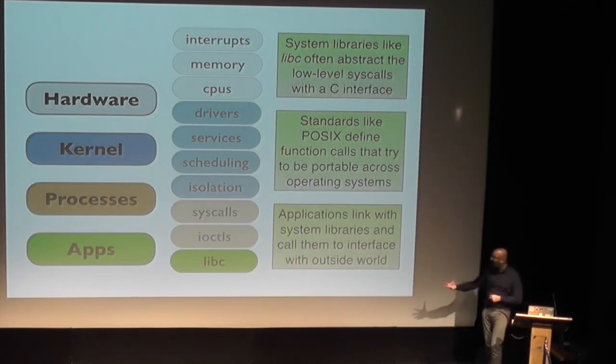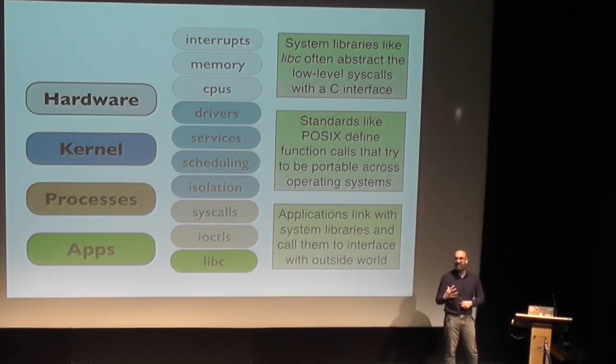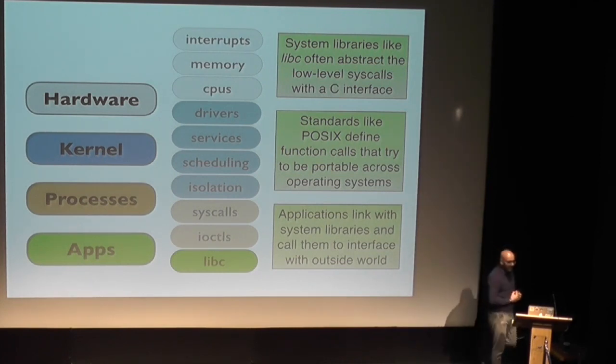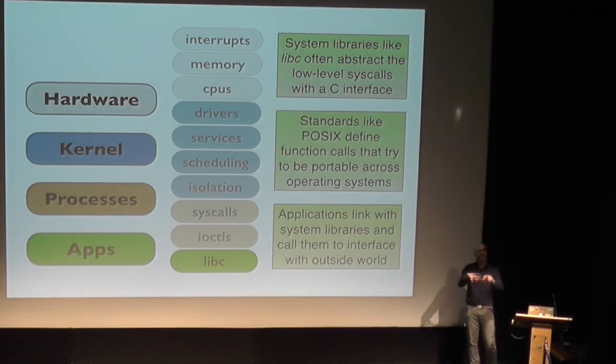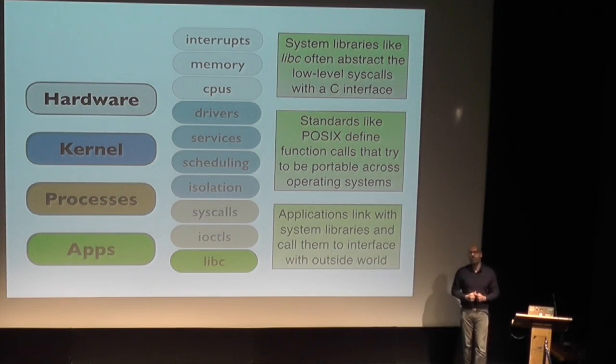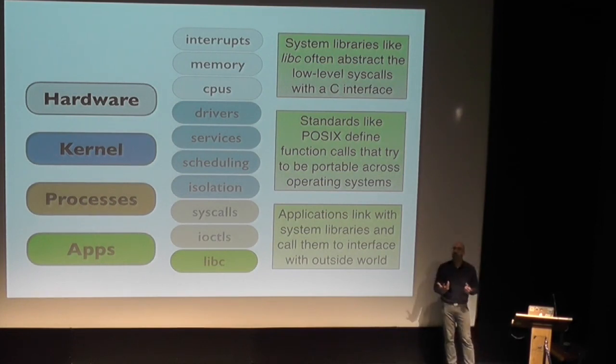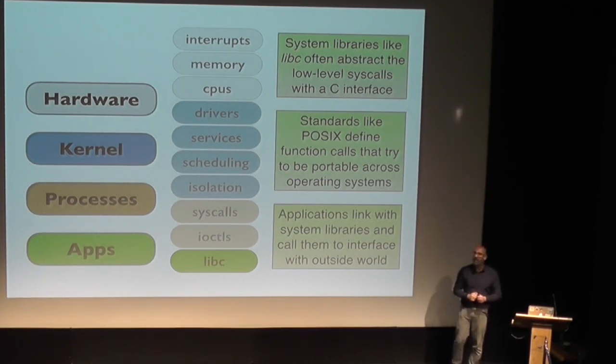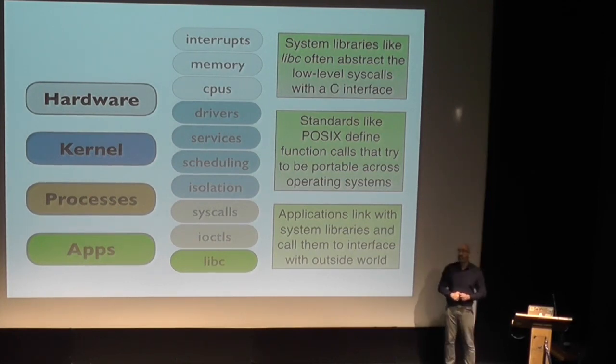And then your applications themselves don't directly make system calls. In fact, they have these libraries. What these libraries do is abstract the low-level interface behind the system calls with slightly higher-level interfaces based in the C programming language. And there are many standards that define how to write portable code. Whenever you write, for example, your first network stack or a little database server, or anything that uses modern C, it's using a standard called POSIX in Unix-like operating systems. When you, for example, open a file descriptor or send and receive from a socket.